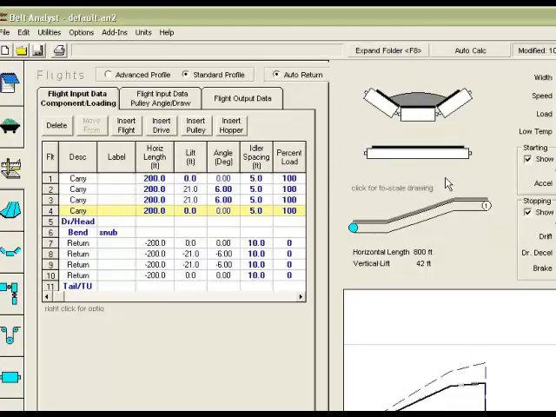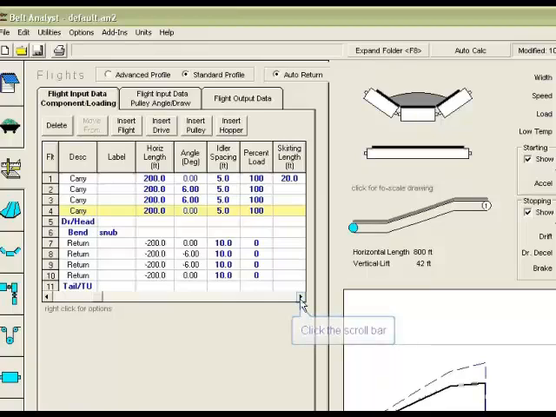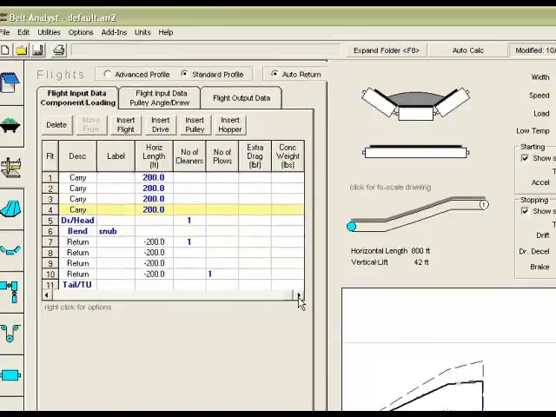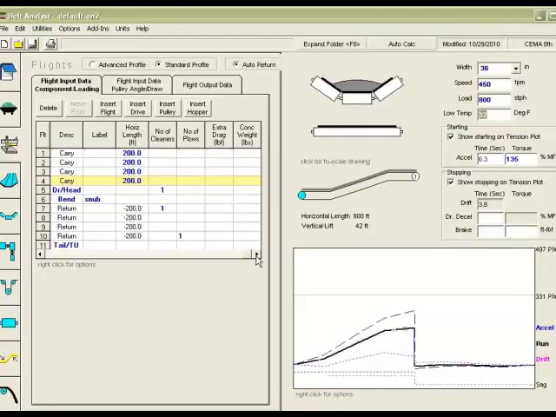You'll notice here also that the spreadsheet showing all the flights tab actually has a scroll bar on the bottom that I can scroll left and right, and there will be more columns to edit as needed. If I wanted to view the entire spreadsheet all at once, I can go up to the top and click on this expand folder button, which is also labeled F8 as a hotkey. When I click on that, it expands my tab to cover the whole screen,